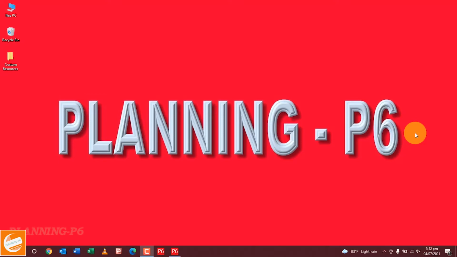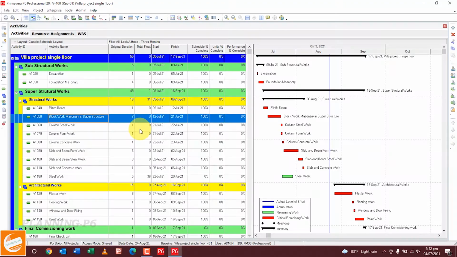Today we are here with a new topic, which is customization of the menu bars or toolbars. So I have already opened my Primavera P6. This tutorial is especially for beginners who don't know how to customize the toolbars and how to add or hide more options or more shortkeys or hotkeys.